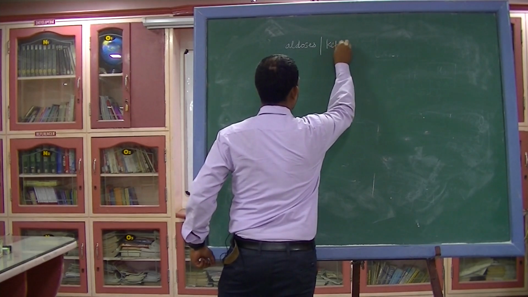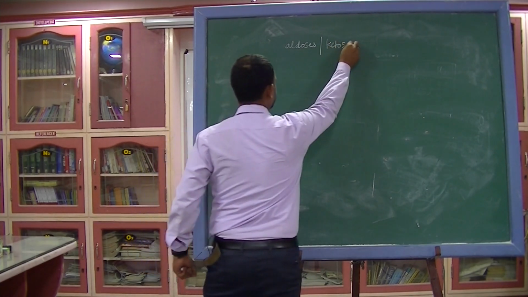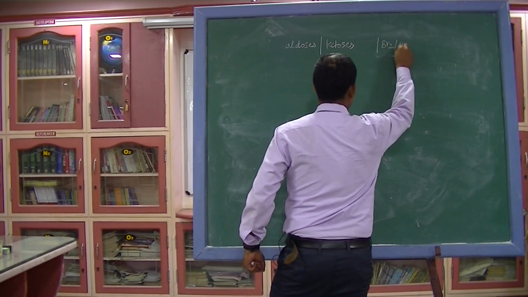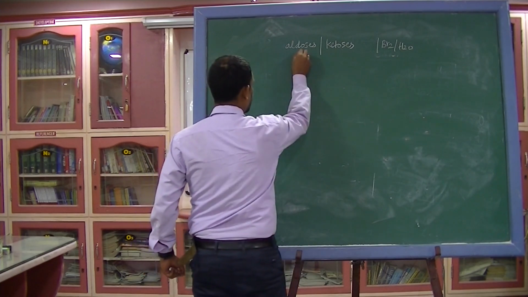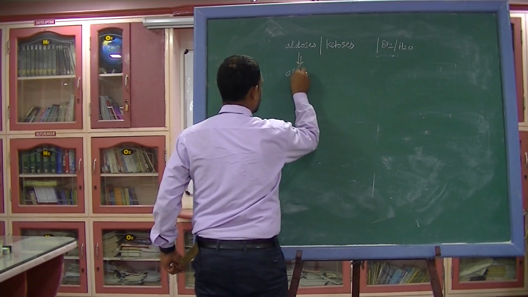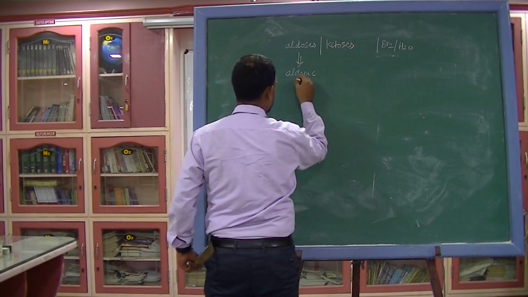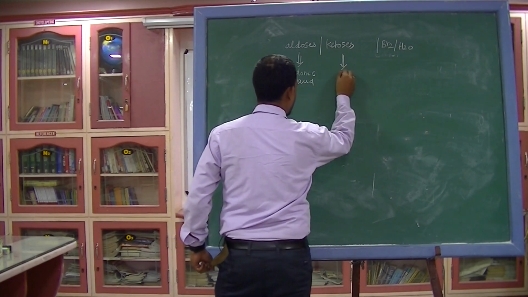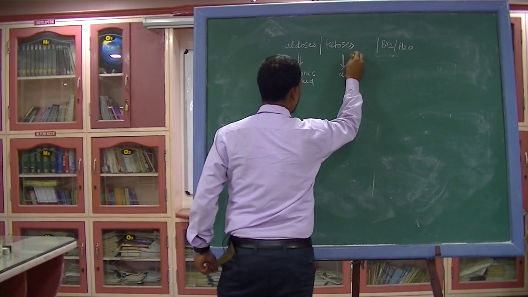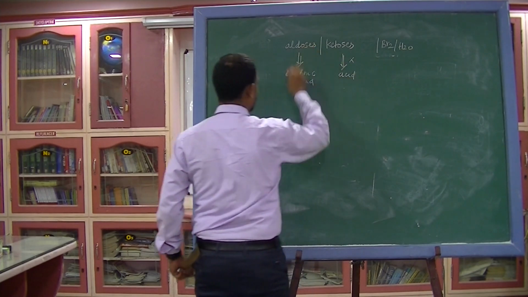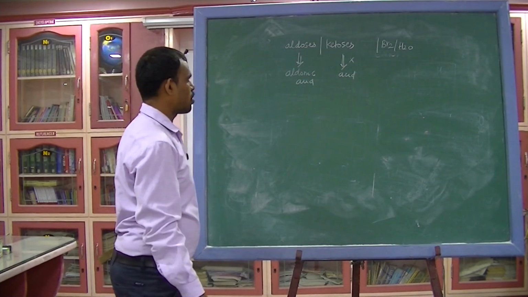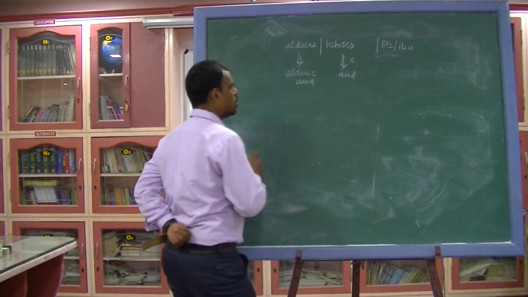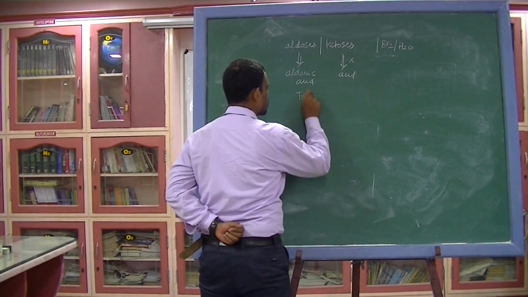How to distinguish aldose and ketose? For that you have to use the bromine water test. If you use bromine water, aldose gets oxidized to aldonic acid, whereas ketose does not oxidize to the corresponding acid. This reaction won't happen for ketose, whereas aldose can oxidize in the presence of bromine water, which leads to aldonic acids.